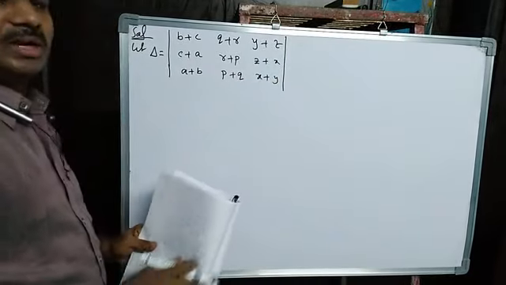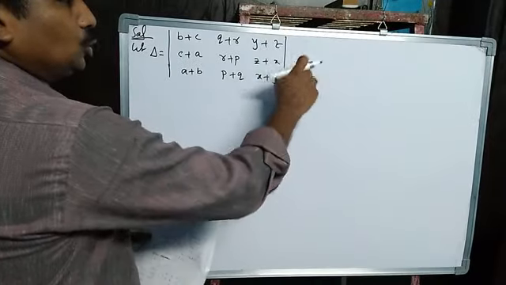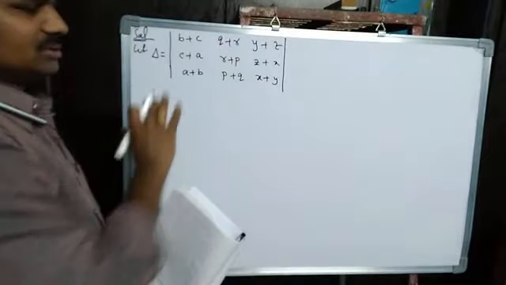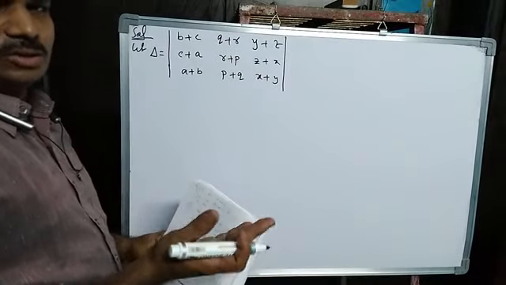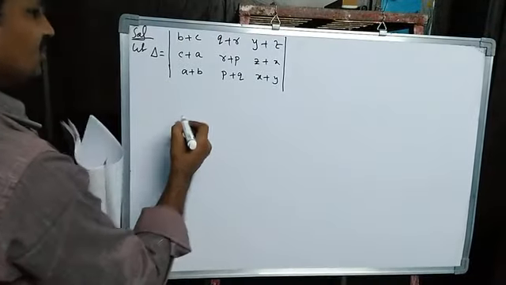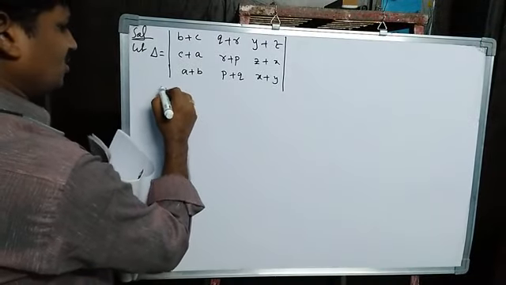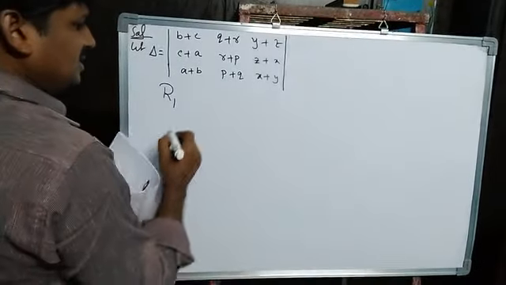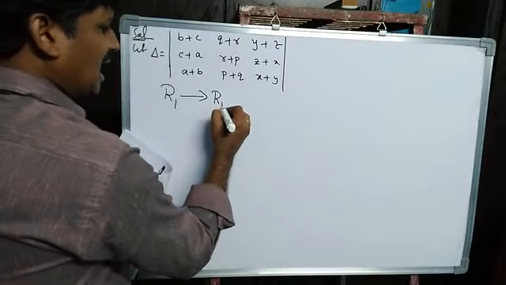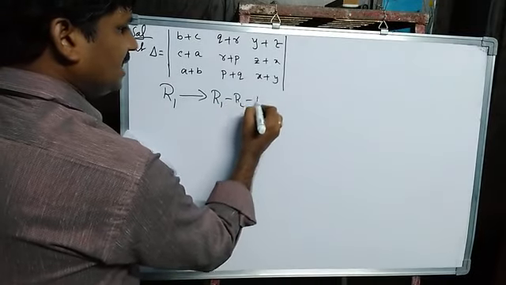But what we have to prove here is that this determinant is equal to 2 into the determinant of only single terms. That means we have to reduce this to single terms, which means eliminating one term. To eliminate that, which operation am I going to apply? I am changing R1: R1 changes to R1 minus R2 minus R3.